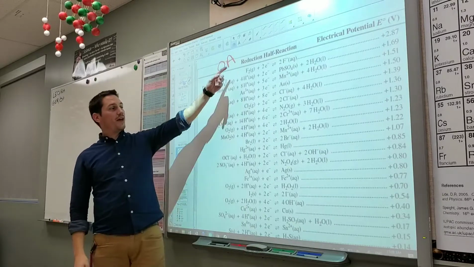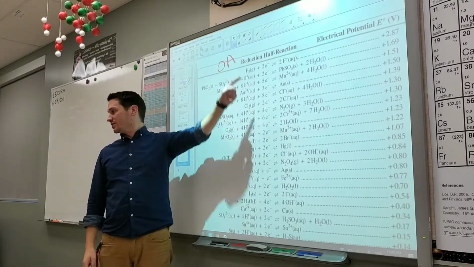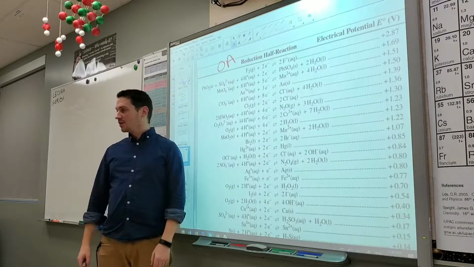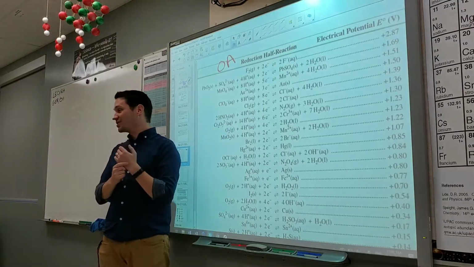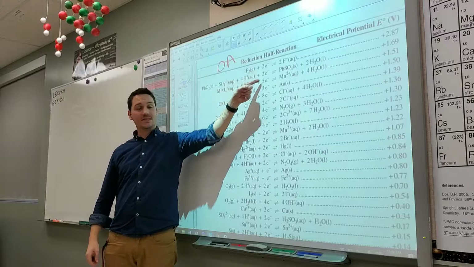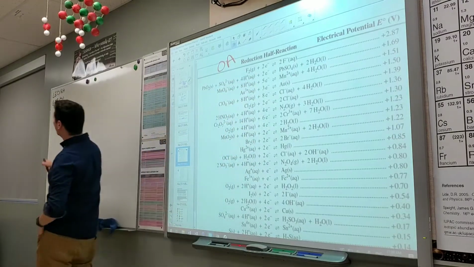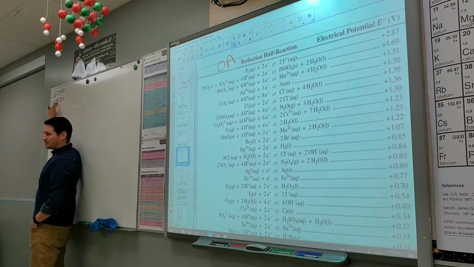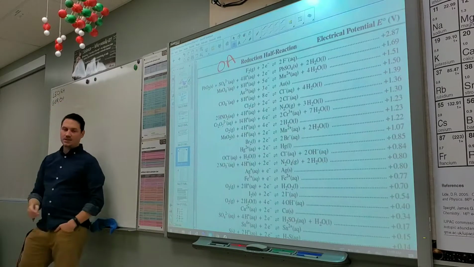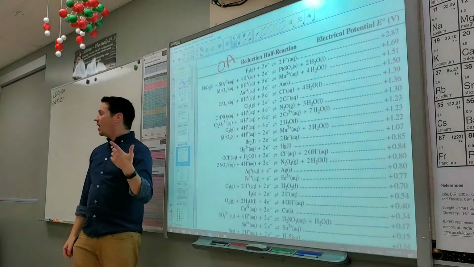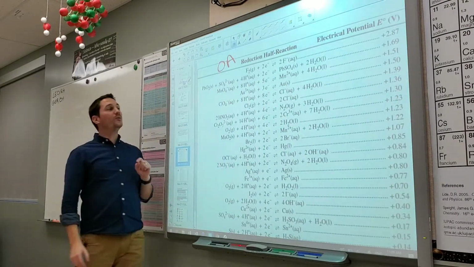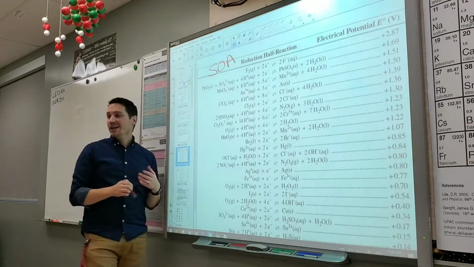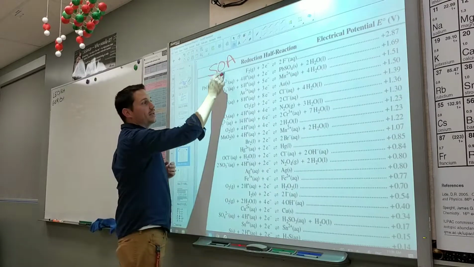How do you know on the left-hand side there are oxidizing agents? Because they're all reduction half reactions. Every single one of these is gaining electrons. And when you gain electrons, are you the reducing agent or the oxidizing agent? The oxidizing. Okay, good. So up at the top here we have the strongest oxidizing agent that we can really